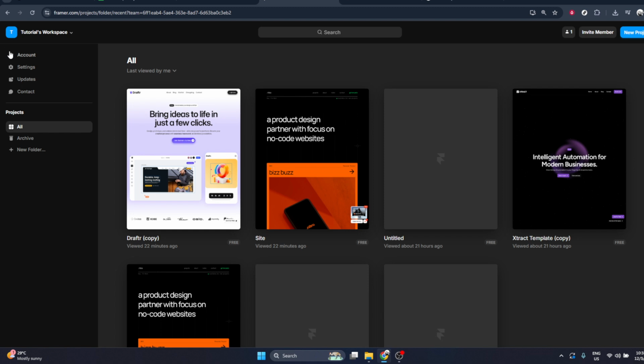across your Framer project. First, open Framer in your browser and go to your project dashboard. Make sure you're logged in to the correct workspace or team where your project is located. From here, choose the project where you want to use your custom fonts. This is important because font settings are managed per project, so you'll want to be sure you're updating the right